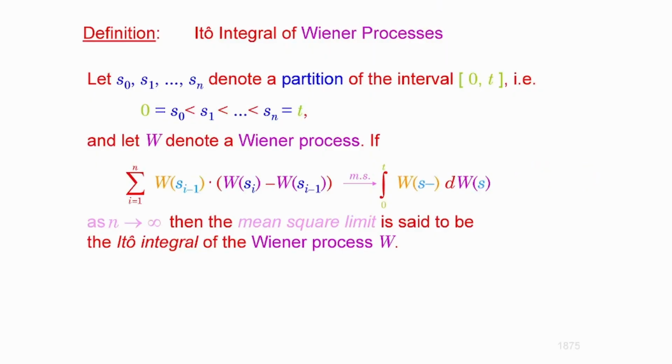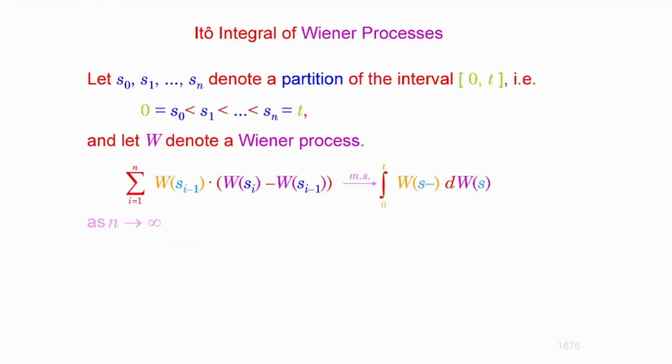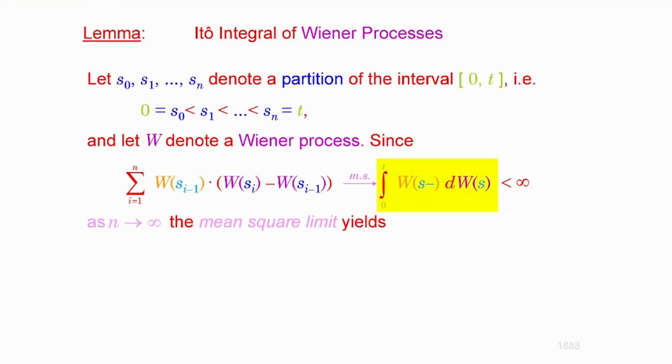So there is no if here, because when the Wiener process is involved, both as the integrand as well as the integrator, then this integral exists. We have seen it already. So we don't need to establish sufficient or necessary conditions for its existence. It's already there, and the mean square limit is actually there. We saw this in a previous lecture.